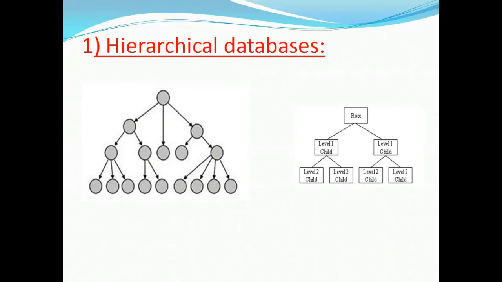In this database model, each child record has only one parent. A parent can have multiple children. To retrieve a field's data, we need to traverse each tree until the record is found. This database system structure was developed by IBM in the early 1960s. While this structure is simple, it is flexible due to the parent-child one-to-many relationship.